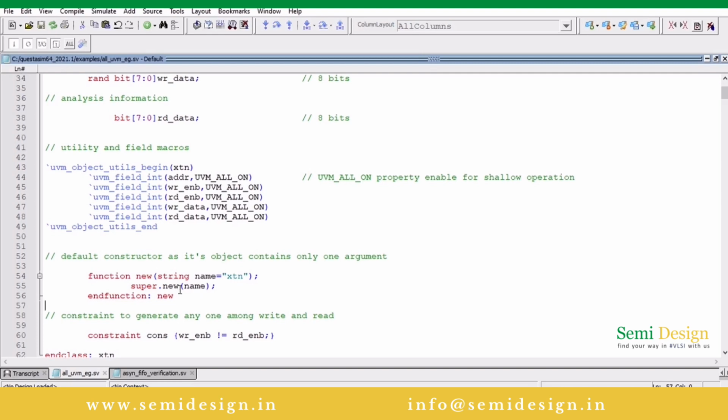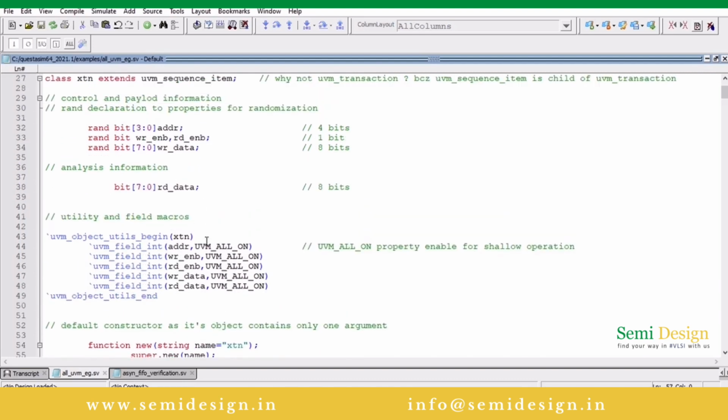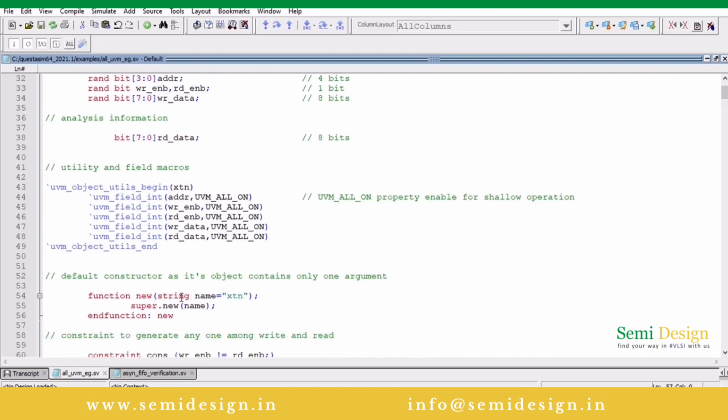I will definitely make another video, in which I will explain the difference using an example. Just remember here, this object's default constructor will expect only one argument, which is string name, and within double quotes is the transition, this class name.